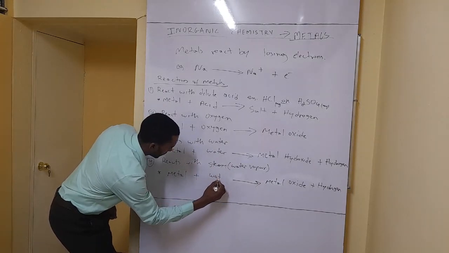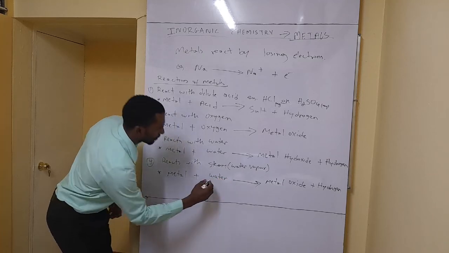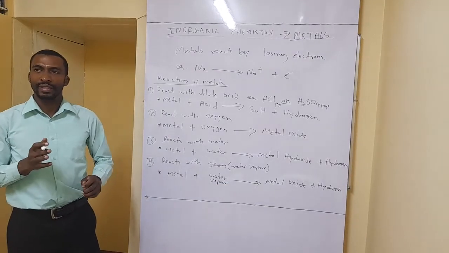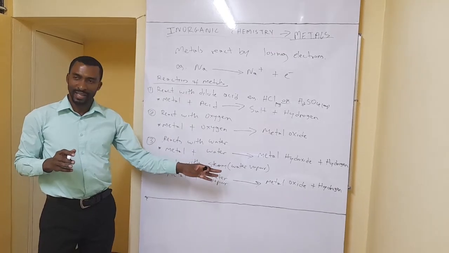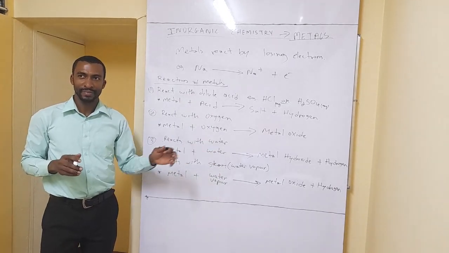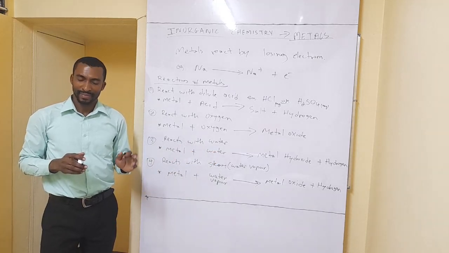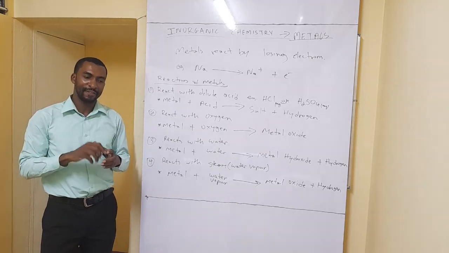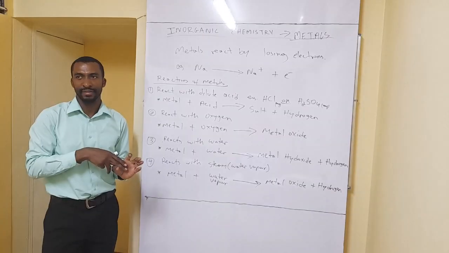When we use it with oxygen, it becomes metal oxide. If we use the metal with oxygen, you get metal oxide. But if you use it with water vapor, you get metal oxide as well, plus hydrogen. That's what I'm saying. And if you use it with metal and liquid water, you get the hydroxide, because if you have an oxide in water, it's going to actually react again to form the hydroxide. Okay. So